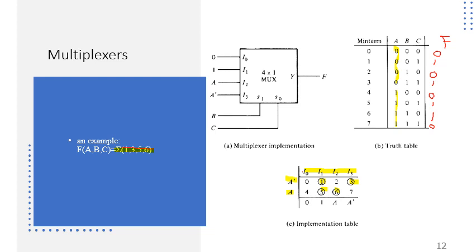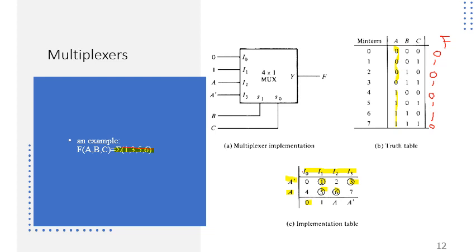The final step for the implementation is to observe those input lines one by one. Basically we observe the column I0, then I1, then I2 and then I3 to see if there exists any minterm producing high at the output. For the first column, I0, with minterm number 0 and minterm number 4, the response of the system is 0 for both minterms. So the resultant logic that should be implemented at I0 is 0, which you can easily observe from this table as well.